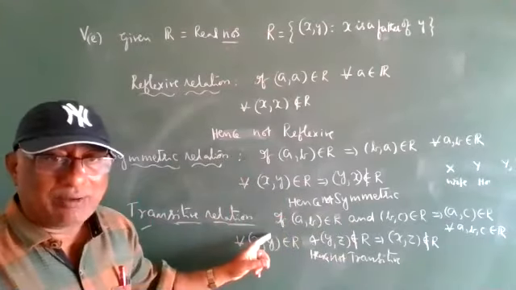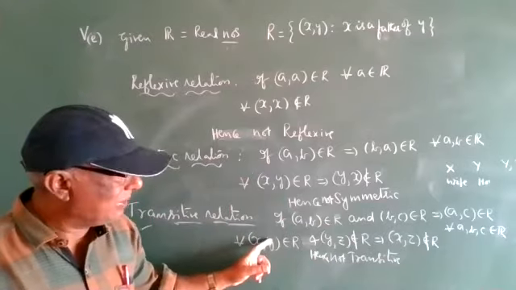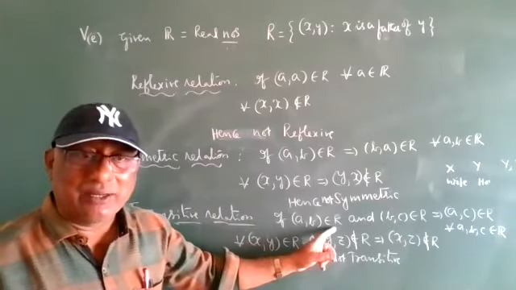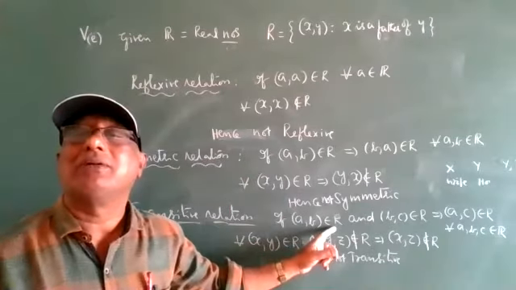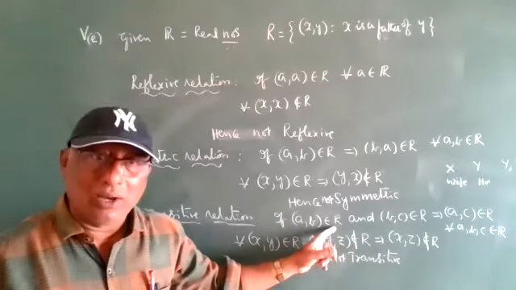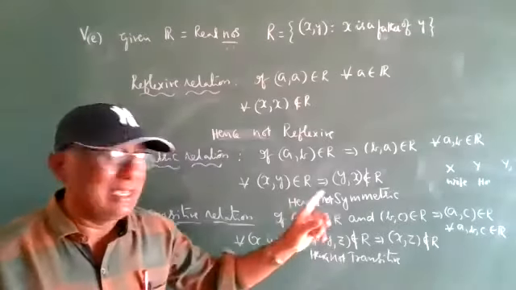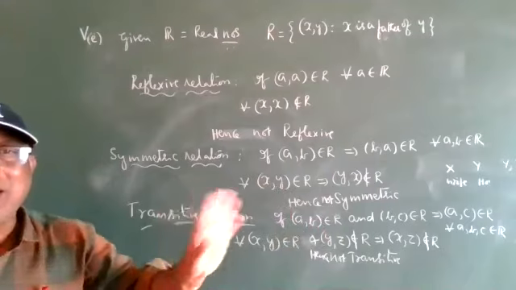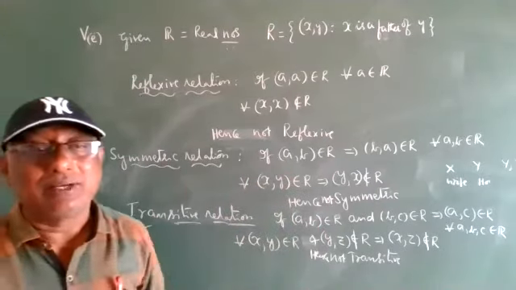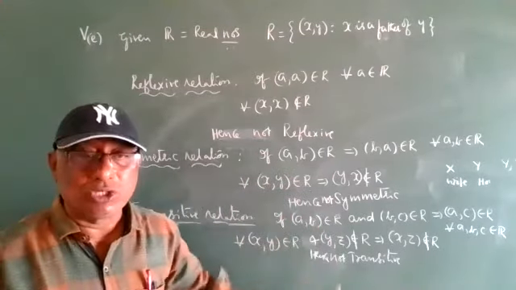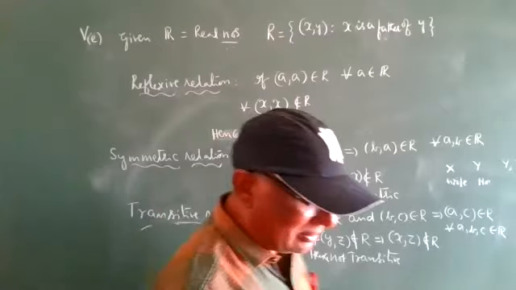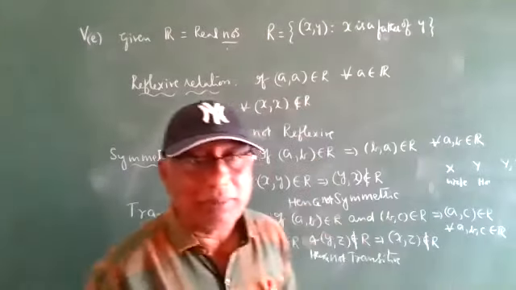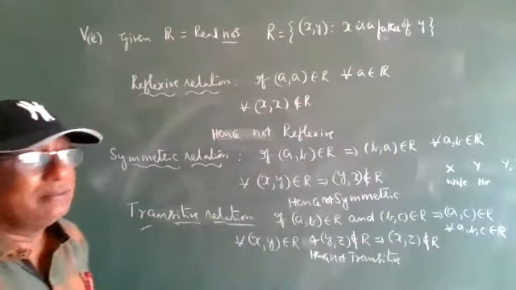X is a father of Y. Y is a son. The son is a father of Z. Okay, na? So X is a grandfather of Z, but X is not a father of Z. That is wrong. Not transitive. Okay, na? Right, everyone. The fifth problem, E bit, is completed.